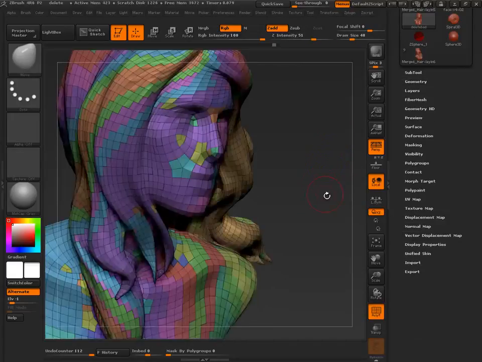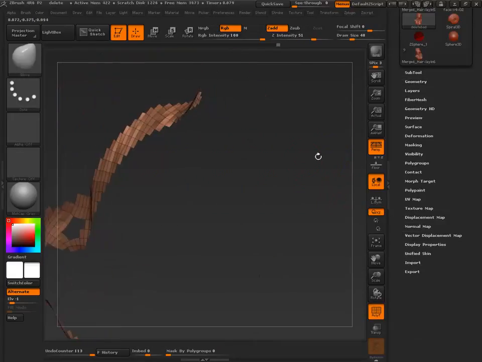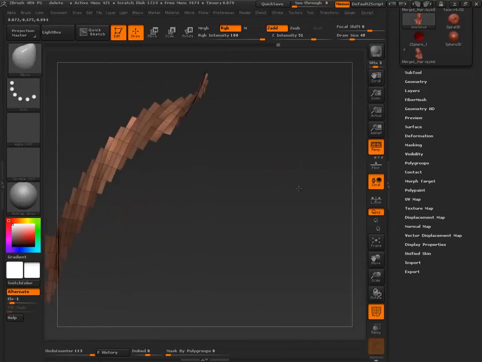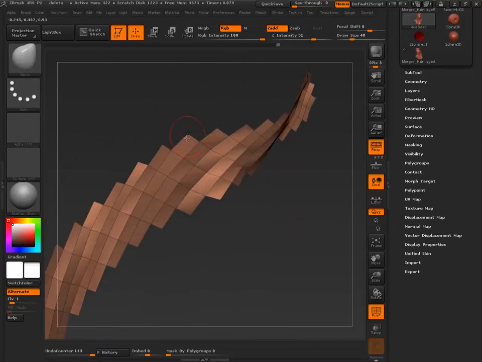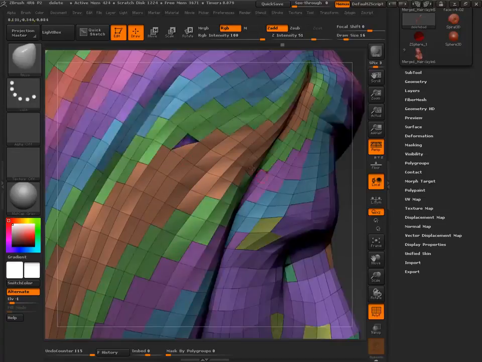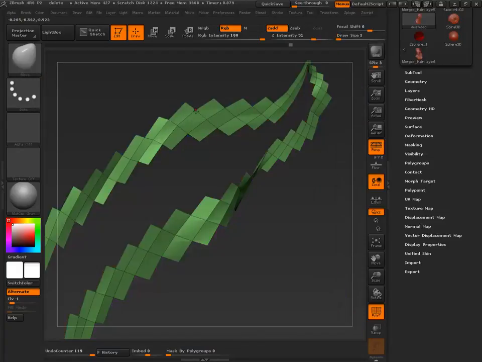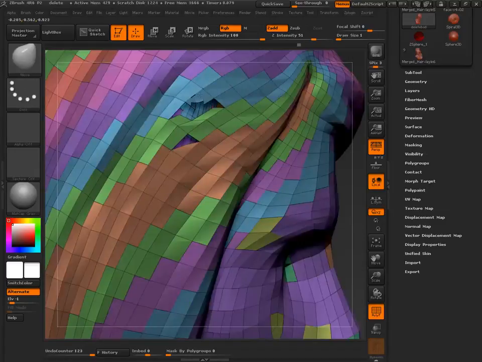This is a totally separate piece of geometry. This vertice is not connected to that vertice. These guys move together, but only because my brush is selecting both of them. If I select one and I start to move this, you'll see they're not connected at all.